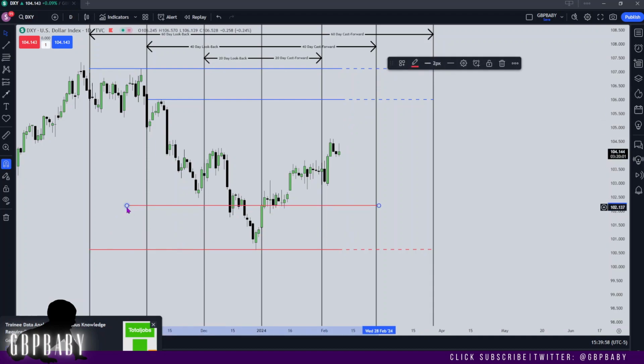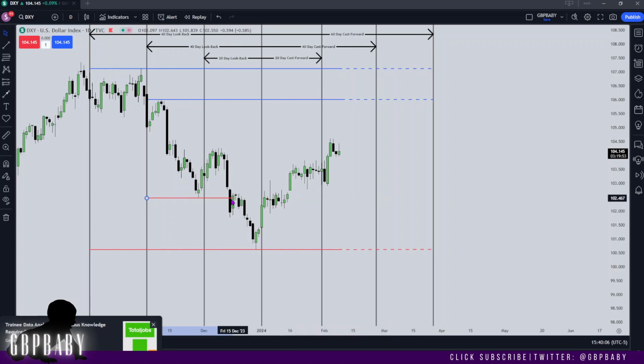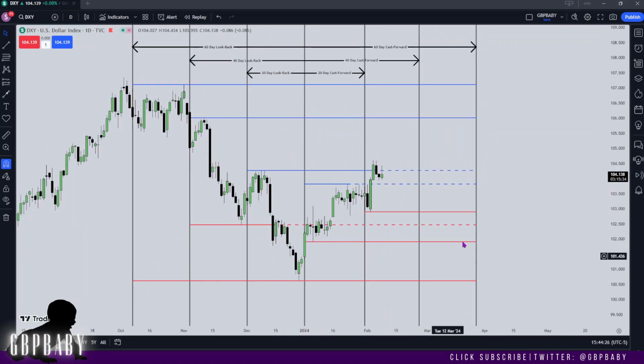So you can see that this low has been traded through. And what I'm going to do is make it dash from the point that it's been traded through, just so that we can study it. So what PD arrays can we see on our 20, 40 and 60-day look back period that we can apply